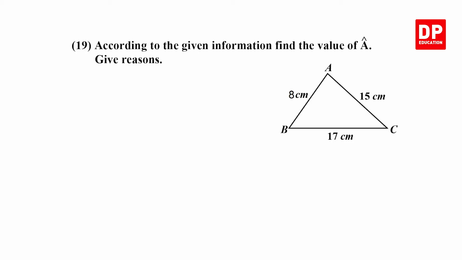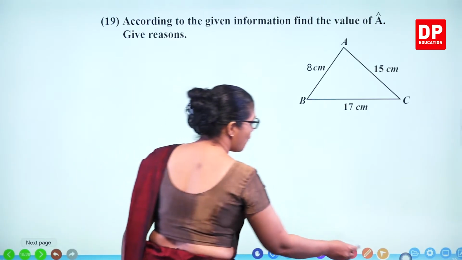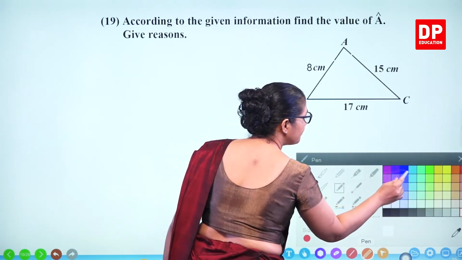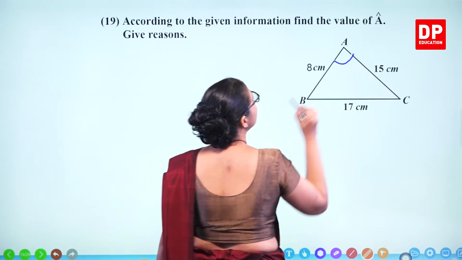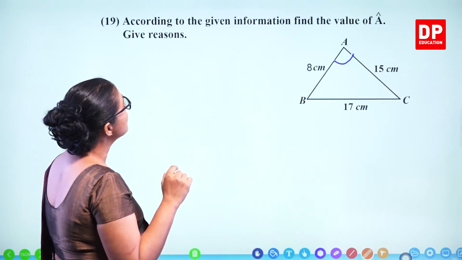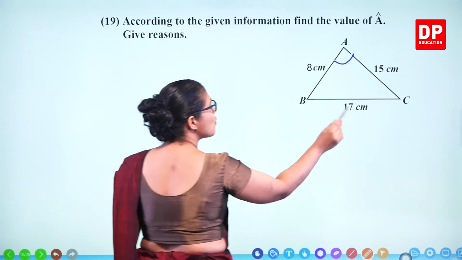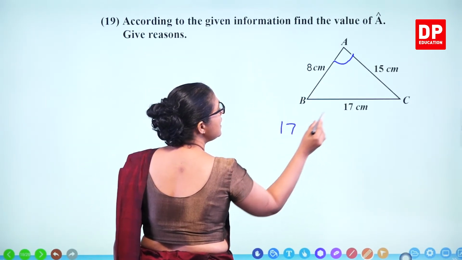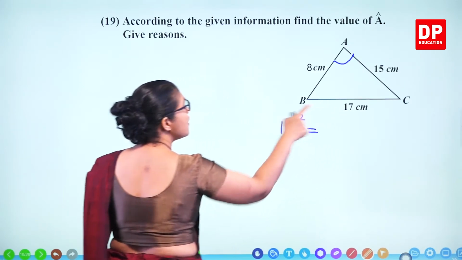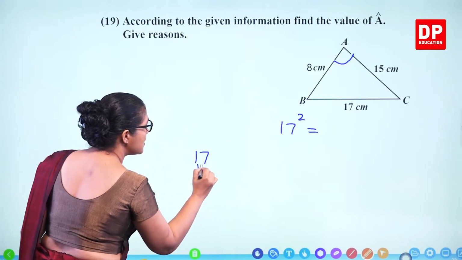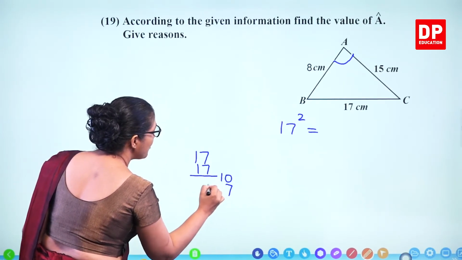Question number 19. According to the given information, find the value of angle A. Give reasons. So you need to find out this angle. So how do you find out? We need to find out whether we can apply Pythagoras. So we'll check 17 squared. That's the longest side. So what is 17 squared? 17 times 17, you get